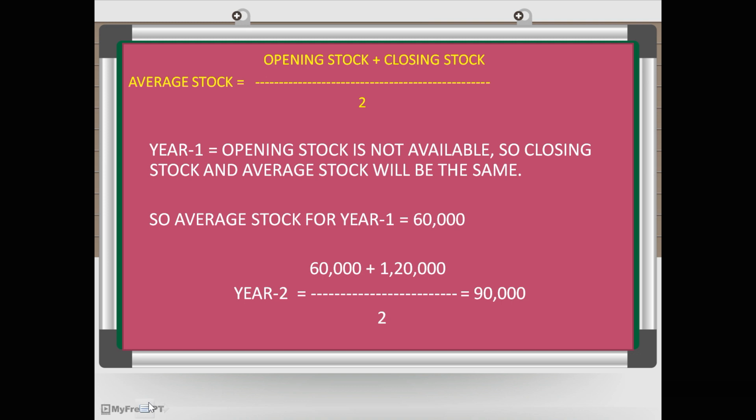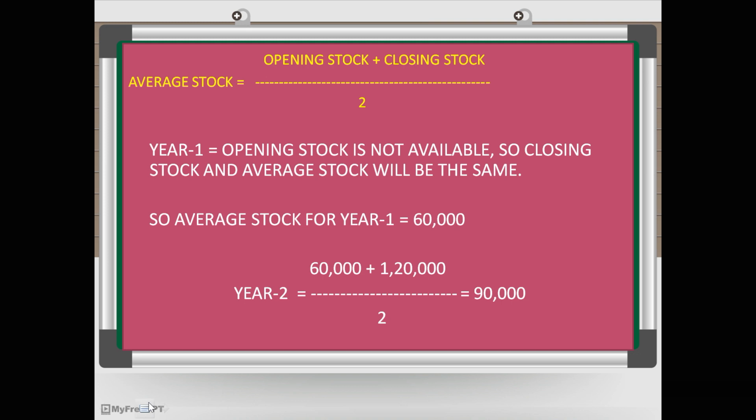Now switch over to the second year. Second year માં શું થશે? જો ફર્સ્ટ યર નો ક્લોઝિંગ સ્ટોક હોય એ સેકન્ડ યર નો ઓપનિંગ સ્ટોક થાય, રાઈટ? હવે ફર્સ્ટ યર નો ક્લોઝિંગ સ્ટોક 60,000 હતો. સેમ વિલ બી ધ ઓપનિંગ સ્ટોક ફોર ધ સેકન્ડ યર. એટલે તમે જો સ્ક્રીન ઉપર મેં ઓપનિંગ સ્ટોકમાં 60,000 મૂકેલા છે પ્લસ